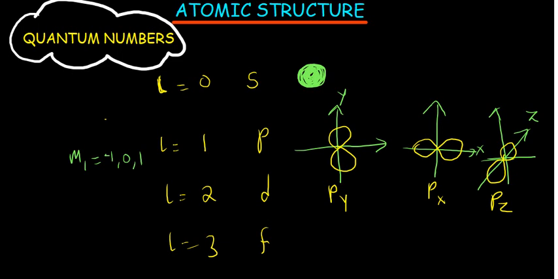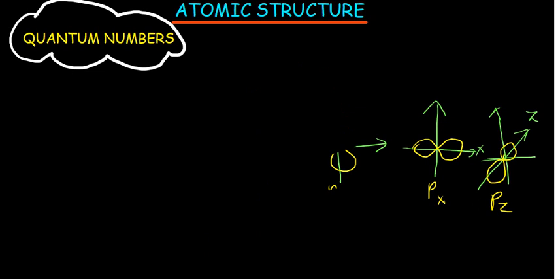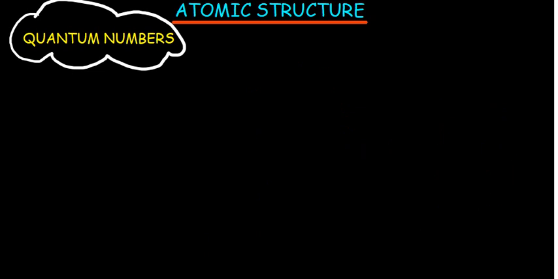Now there are some other orbitals that you should be able to know, which I've also seen in some questions. They just ask, draw this orbital. Now of course they are not even going to be described by these quantum numbers that are here, but you just need to know them for that case. So we have got what we call a dxz orbital, we have got a dyz orbital, we have got a dxy orbital, and you also need to know, let me start by writing this at the end,